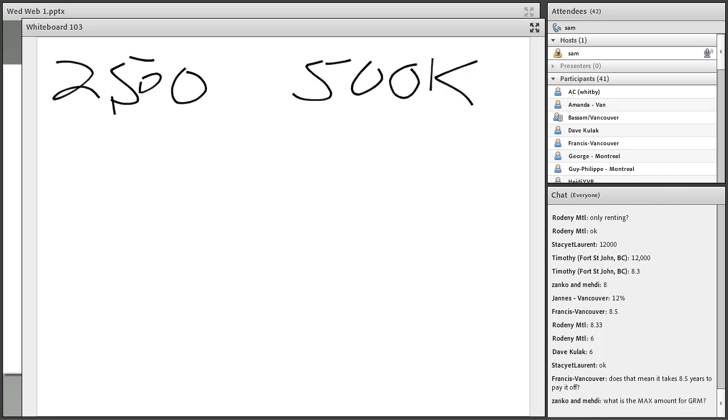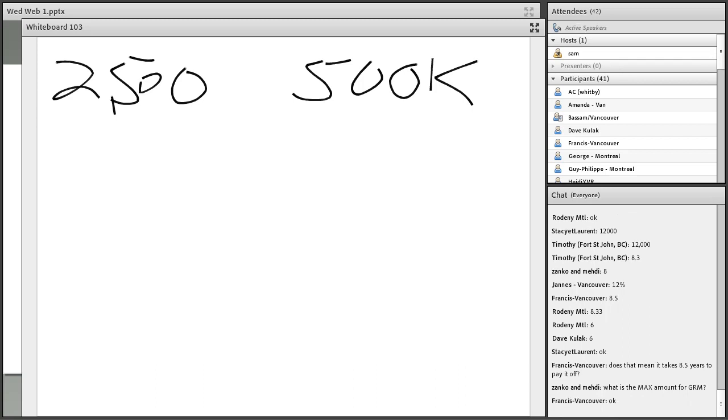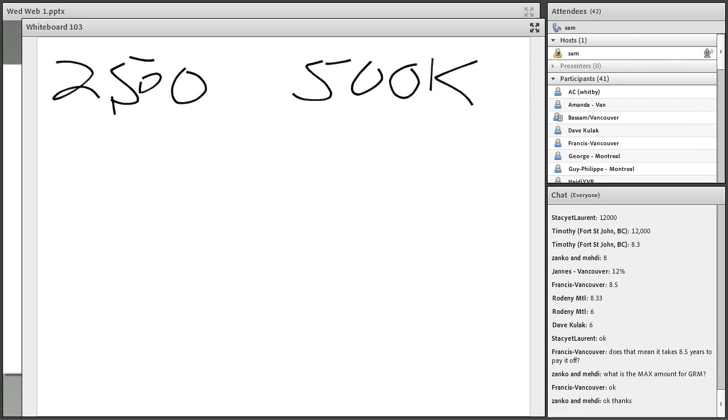Does it mean 8.5 years to pay it off? Yeah, but that's a gross number, before expenses. Zenko, that's tougher to do because we would have to take in expenses. If I did a 10 GRM, but the expenses were low, it's possibly a good property. But let me walk you through this. This is just to give you a quick idea. If it's a 10, you can still run the numbers on it. But watch this.